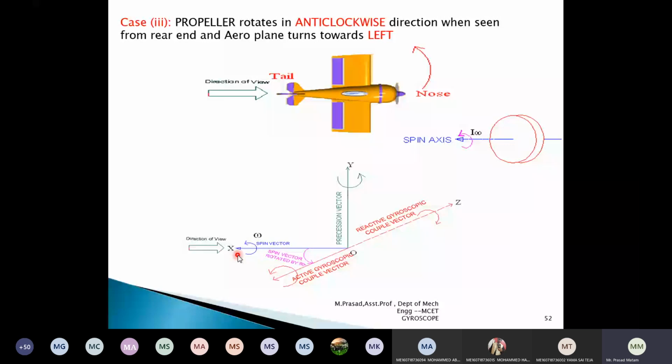Then only this is going to move in the negative x-axis. Got it? The spin vector is moving towards the negative x-axis. When it has to move in negative x-axis, this is the direction I have to rotate. Got it? If I rotate in this direction, then only this direction shows my thumb. Rotation of my thumb. Got it? This direction shows my rotation of my thumb. This is always clockwise only. When I'm seeing from this end, this is my clockwise. Similarly, this means positive axis. This is the clockwise motion.